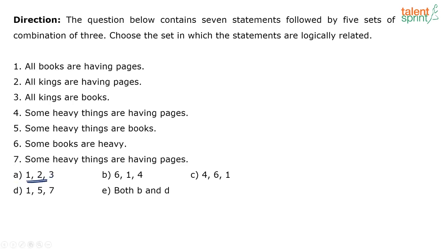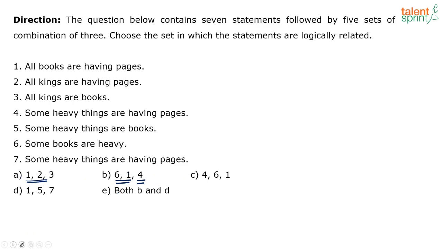This is the exact wording given in the question, but what they mean is to check with the options. If you take option B, statement 6 and statement 1, draw the diagrams of these statements; statement 4 should be part of that, or it should follow the Venn diagram that you have already drawn for 6 and 1. So check that way for each option and see which option has the statements related.